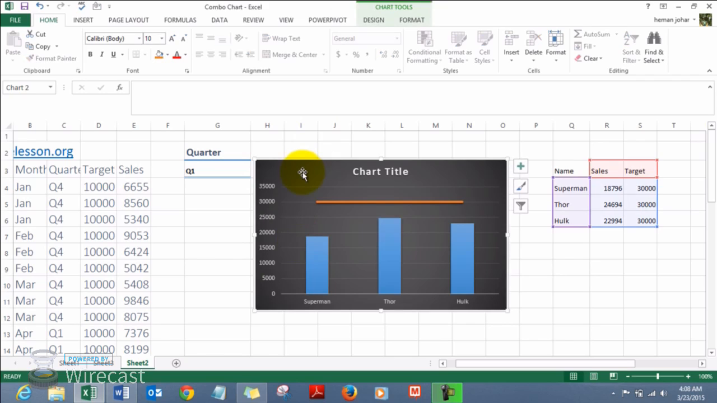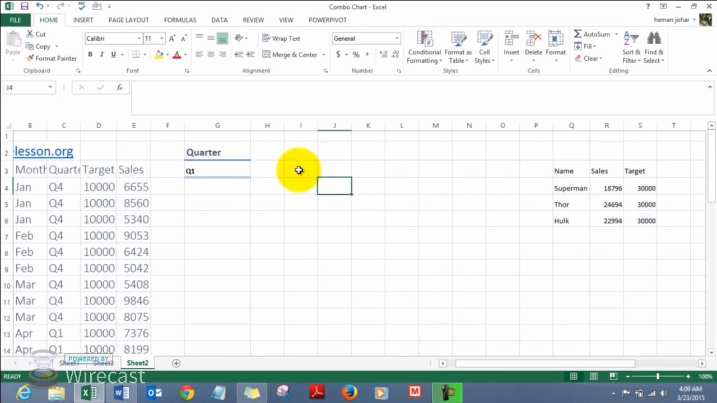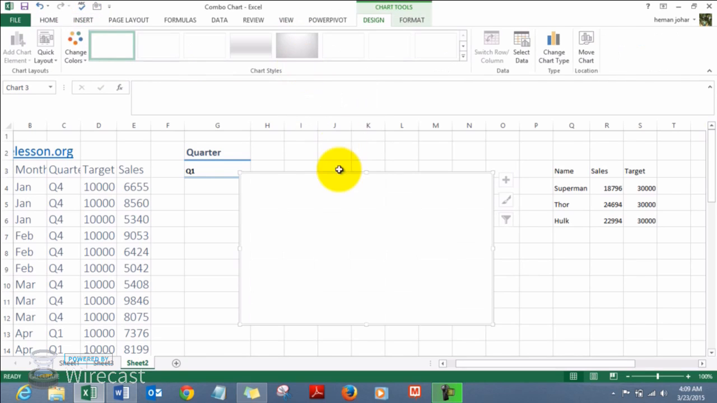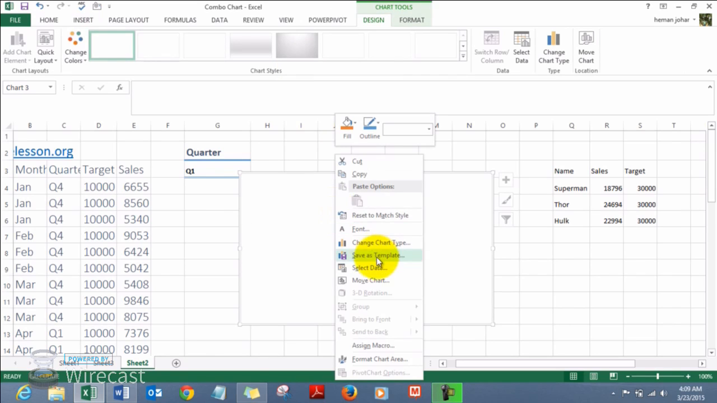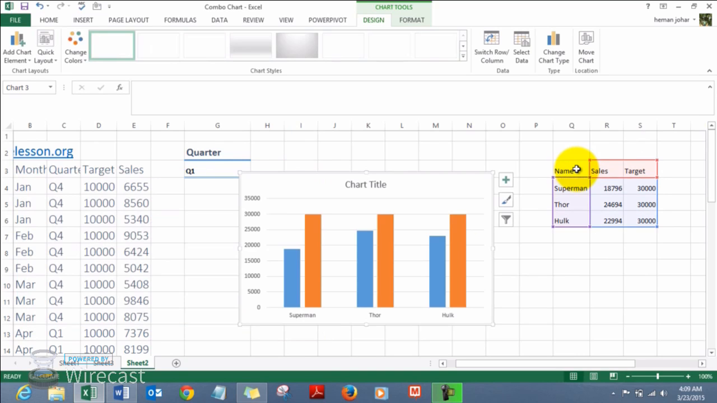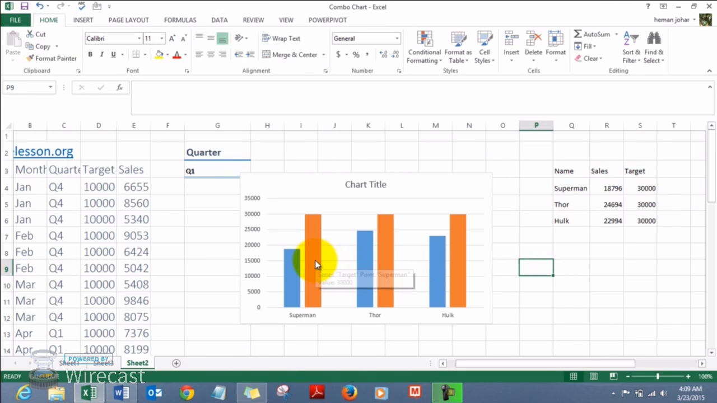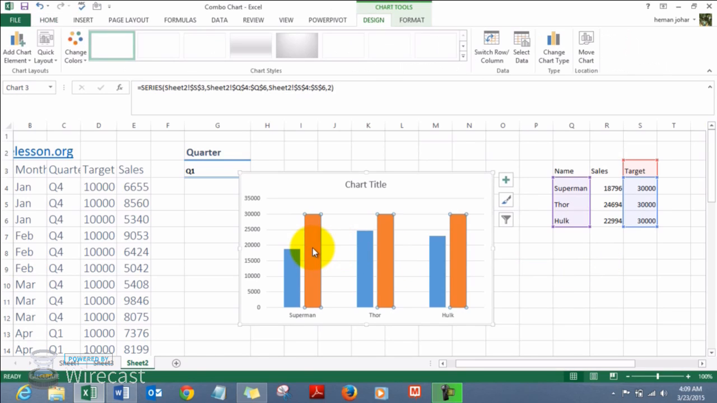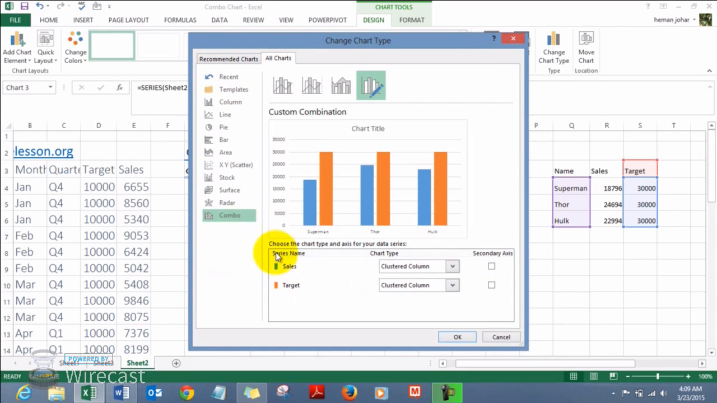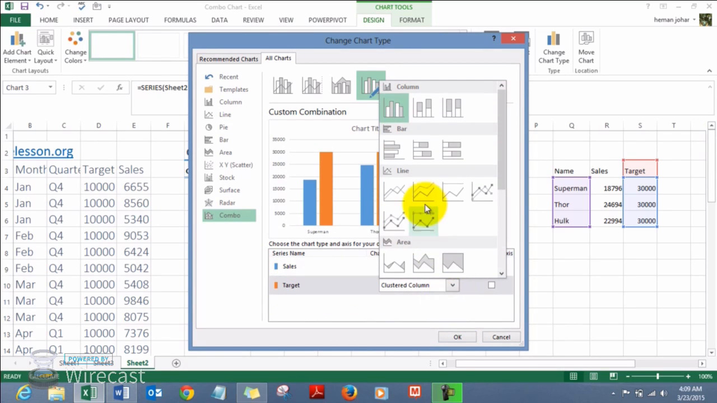Alright, so let's delete this chart first, and now to create a combo chart, let's go to Insert and insert a column chart. Once we insert the column chart, we right click, select data, and select this data, the complete set. Press enter and your normal chart is ready. However, now we want to make the targets a line chart. So we'll click on the target series, right click it, click on change series chart type, and we'll go to the combo option, and over here in the target section we will choose a line chart,